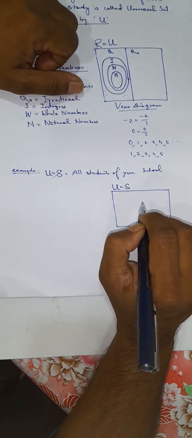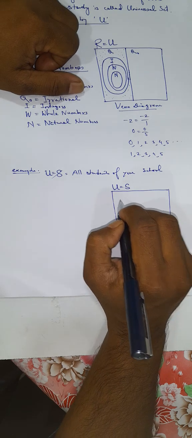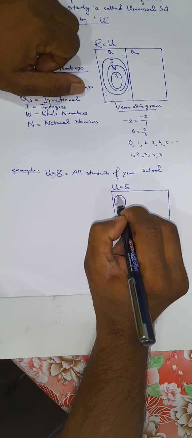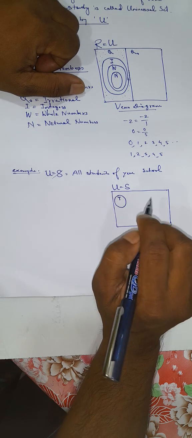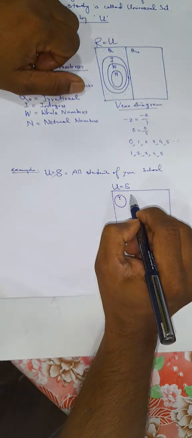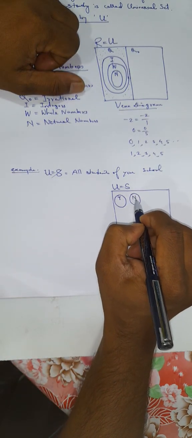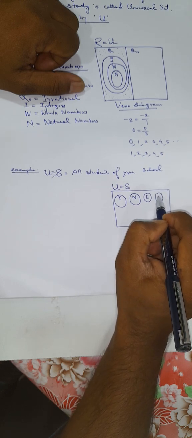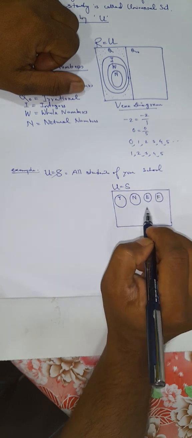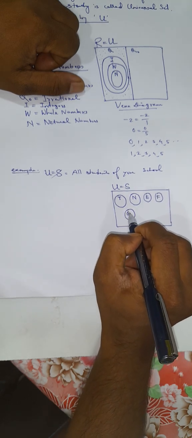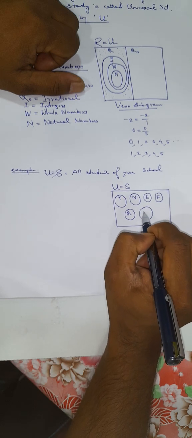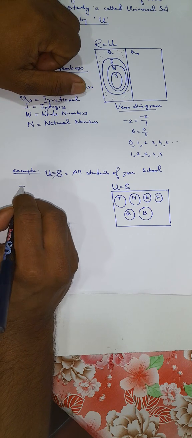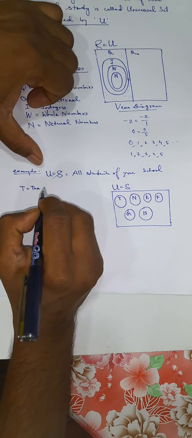Now you can define many subsets under this set. Say this is the students of class 10, suppose, this set. Then students of class 9, suppose. Students of class 8, suppose. Students of class 5, suppose, etc. The set of girls, the set of boys, etc. Right? So you can define subsets like, say, T equal to the set of